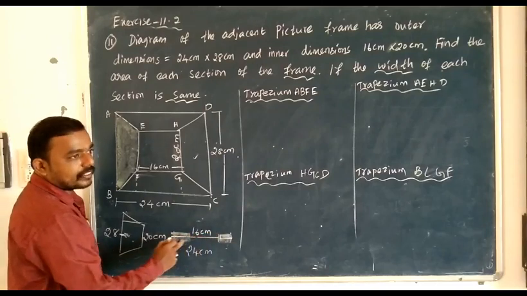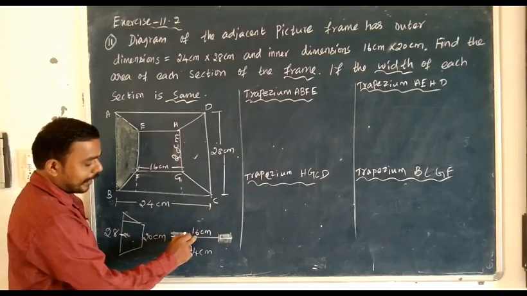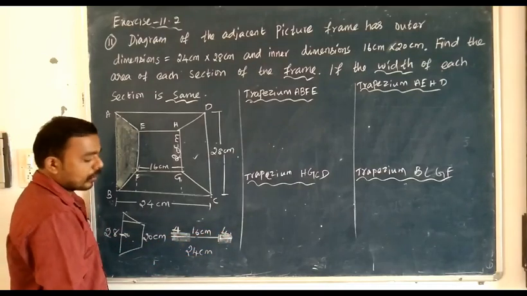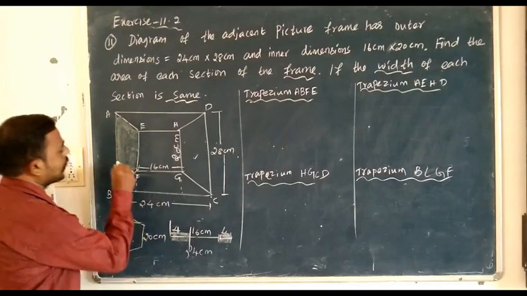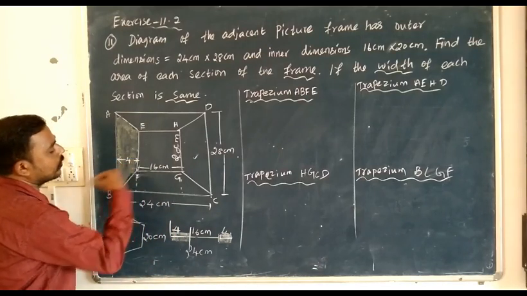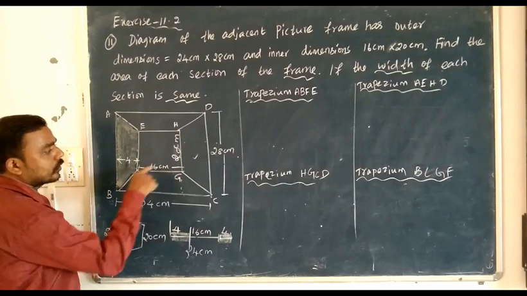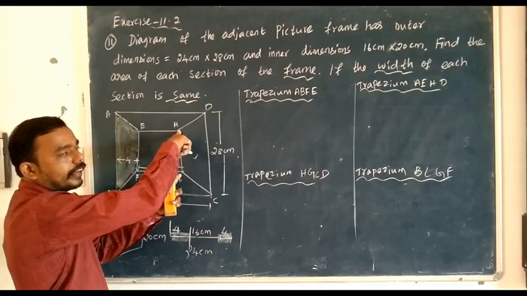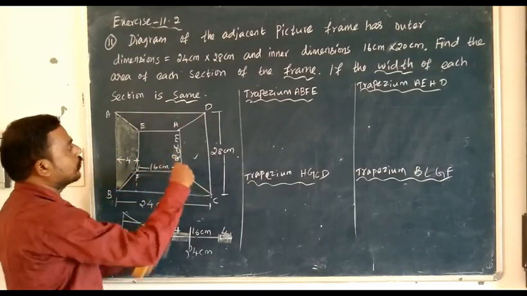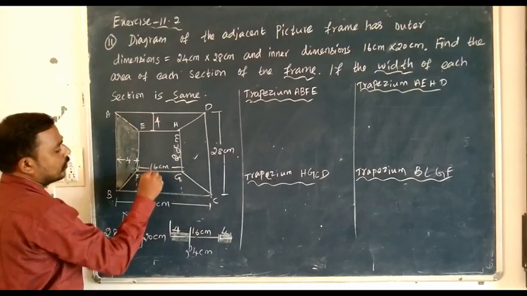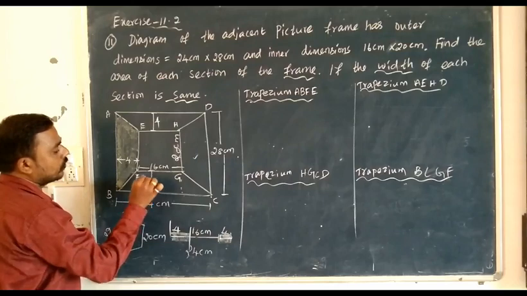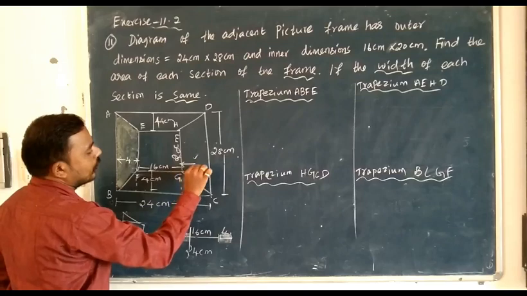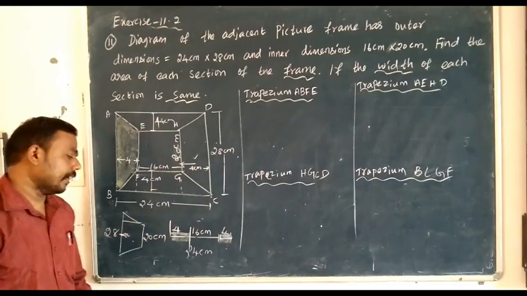But we need the separate distances, so I am going to write 4 and 4. So 4 plus 16 plus 4 is 24. So this is the width. Automatically you can think that this distance is 4, equal width. Similarly for this distance, 28 minus 20 is 8. We divide 8 into two parts, so 4 plus 4. This width is also 4. So the 4 is the distance between the parallel sides.